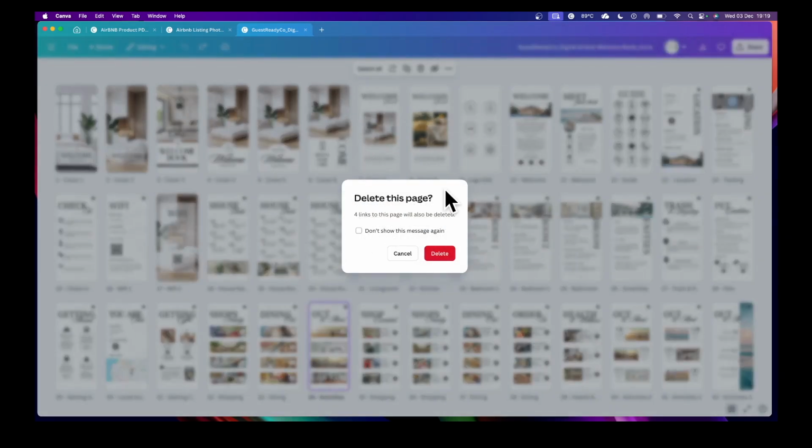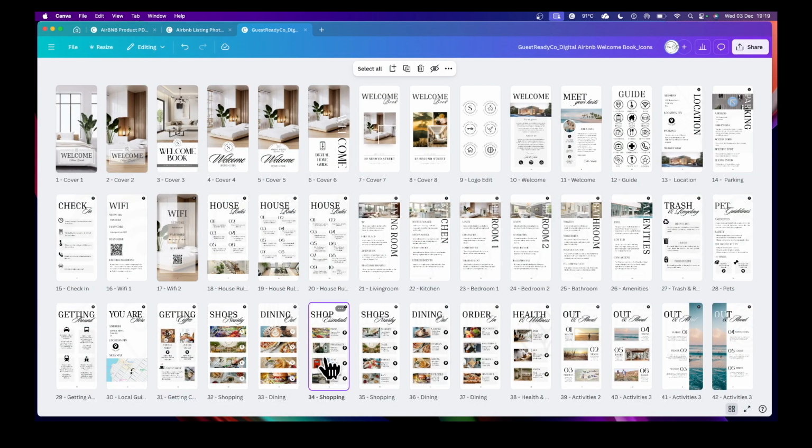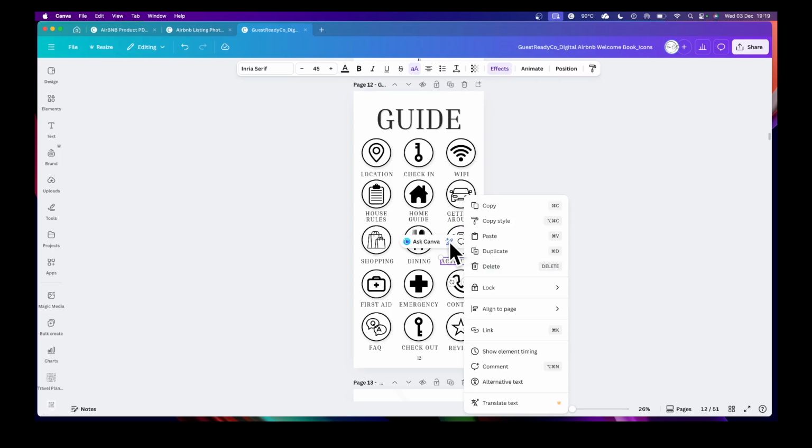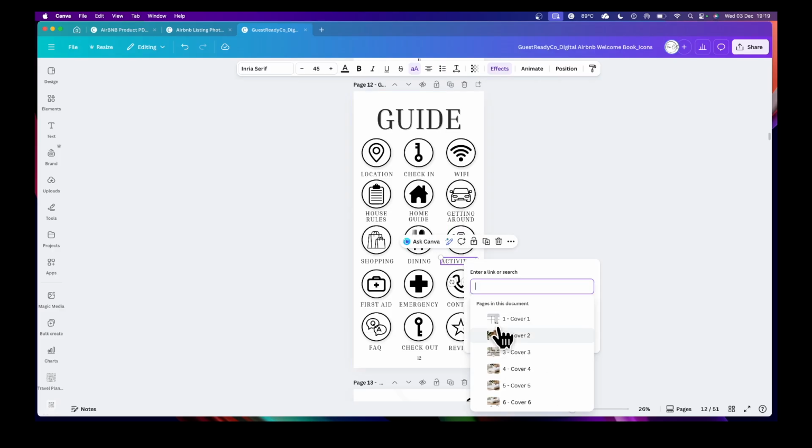we're going to get a little error notification that says the links to this page will be deleted. That is 100% fine, absolutely nothing to stress about. We click delete, the page is gone, and we now want to rather connect this one, which is page 39. So we click back into our guide, and if you right click on there, you'll see the link is gone. So then we just go back into link